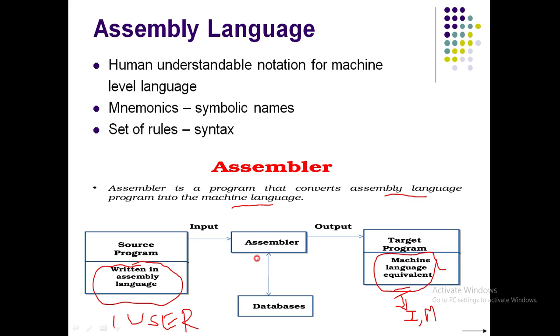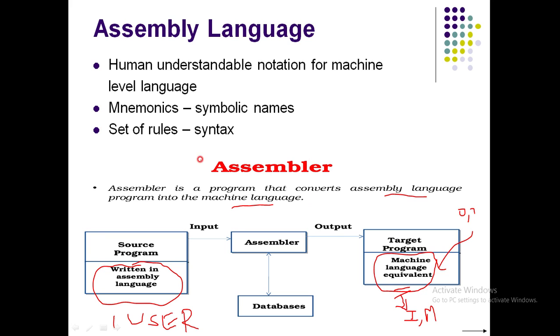Okay, now to be more specific, what is machine language? It is nothing but the form of zeros and ones, right? I hope you know this. And what is the assembler doing? It is converting your assembly level language into these zeros and ones. Now the next very important thing is, for example, you have a user and he executes a program, and he gives a command in which language now? Assembly language. Then what will happen? It will invoke an assembler program.